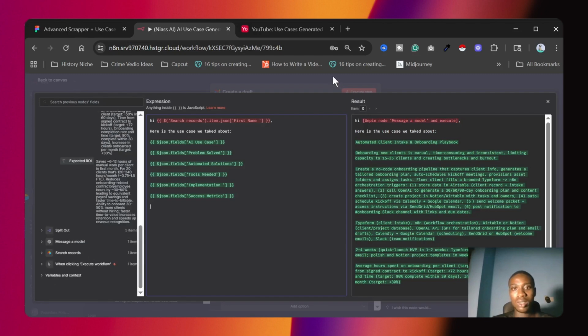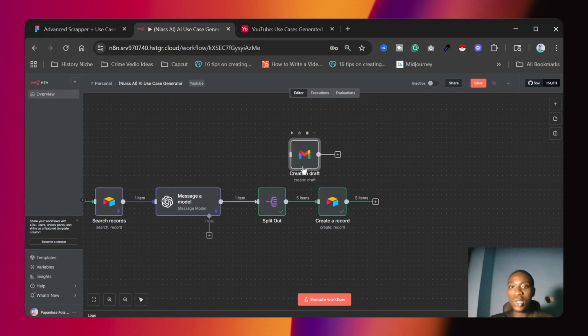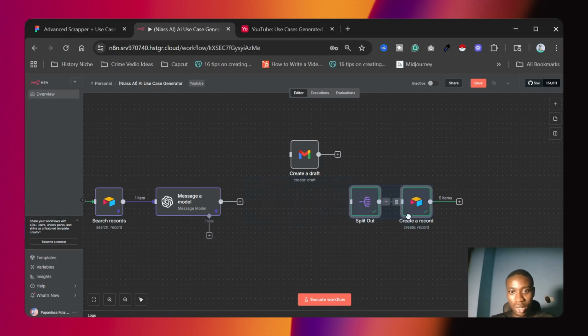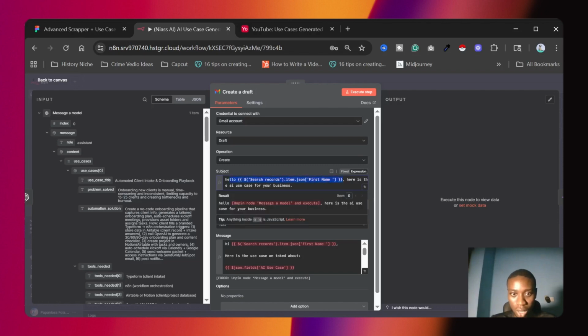Oh, my bad. We can't put this node there, honestly, because I forgot that we're splitting things out. Anytime you use this node, always make sure you're splitting out things, because it's always going to split out five other things. So if I put this node here, it's just going to create that draft item. I'll just move both of these nodes to this side. I'm going to first get my drafts before doing anything else, so you understand what I'm trying to say.